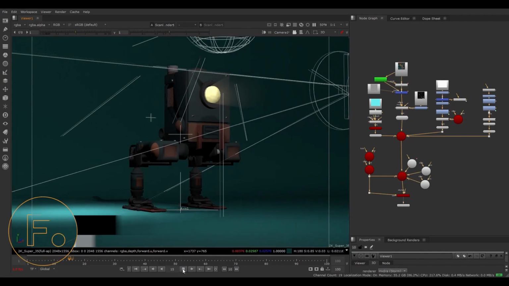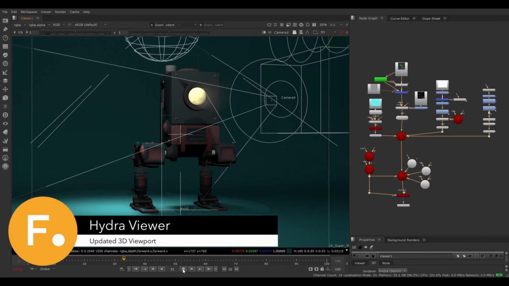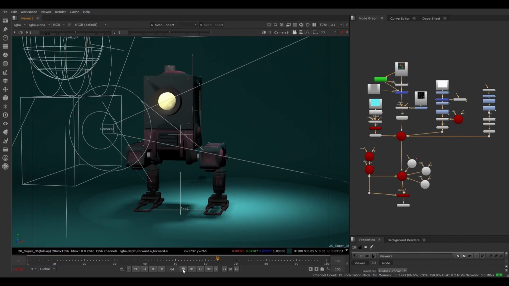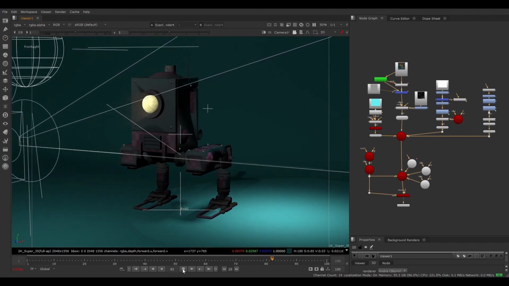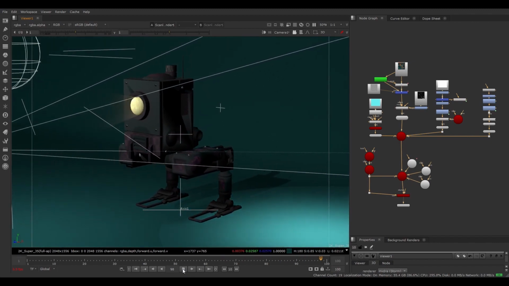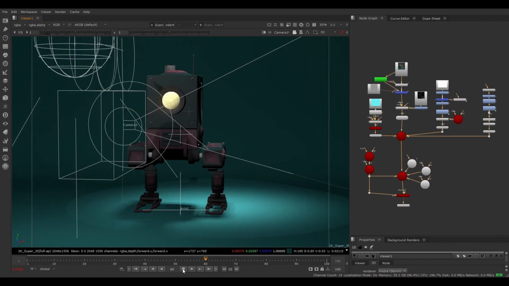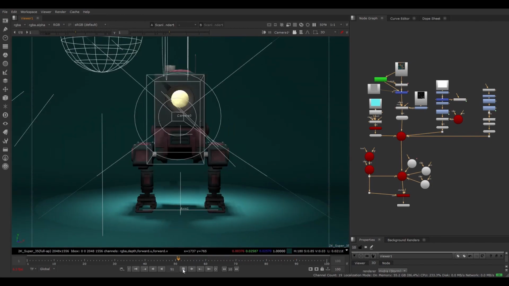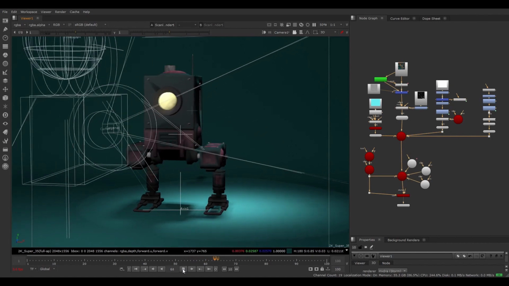A feature we're really excited about this year is Hydra support for the 3D viewport in Nuke. This is the first step towards improving the 3D system, and by using HD Storm, the 3D viewer can now display a higher fidelity representation of the 3D scene. This means artists can make artistic decisions inside of the 3D system rather than always having to switch back to